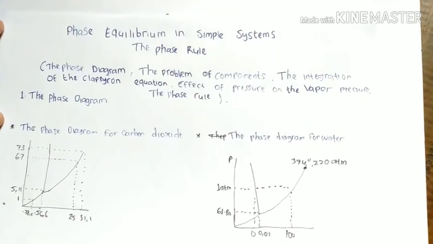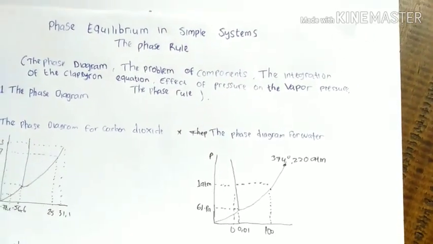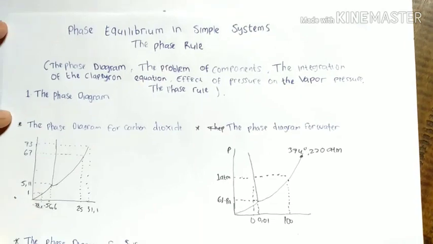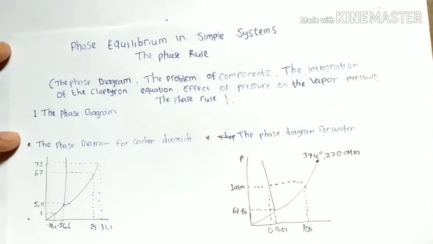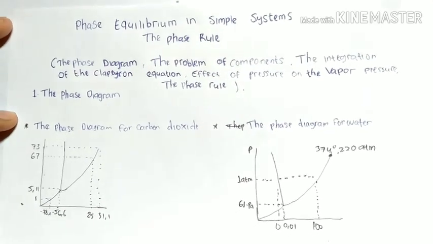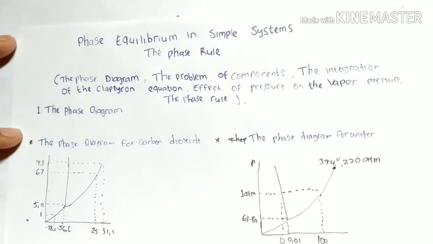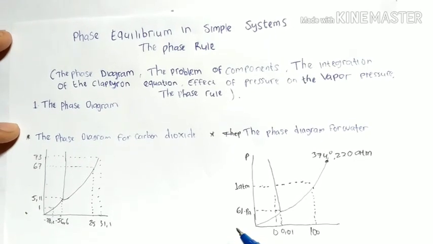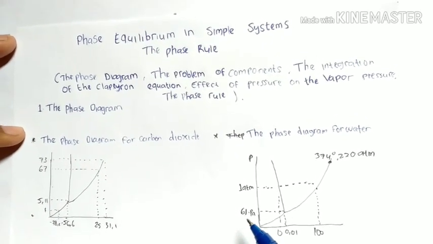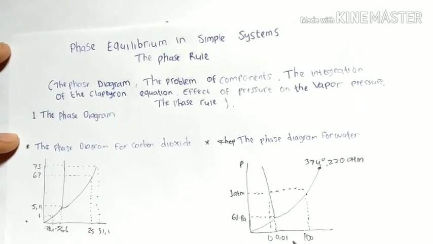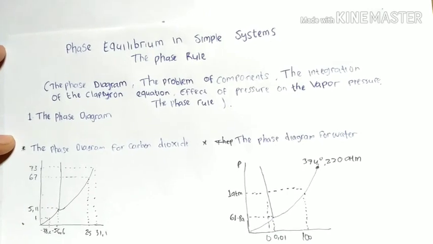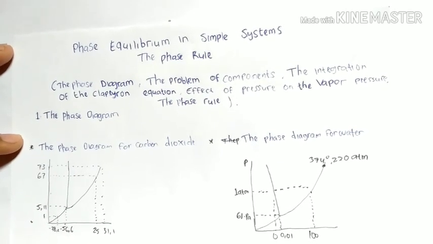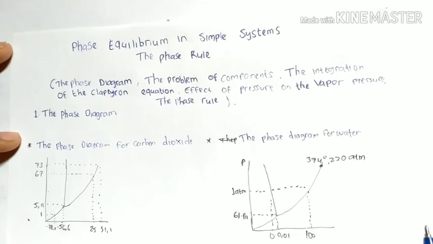The phase diagram for water, under moderate pressure. The solid-liquid line slopes slightly to the left because V liquid is less than V solid. The triple point is at 0.01 Celsius and 4.6 torr. The normal freezing point of water is 0.002 Celsius, and increasing the pressure decreases the melting point